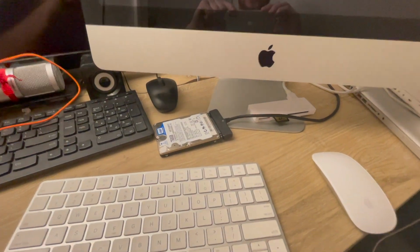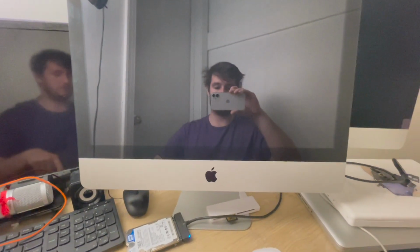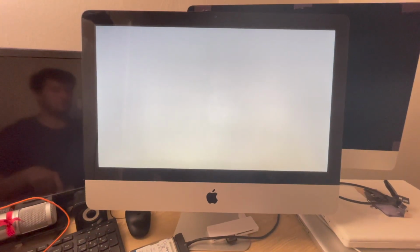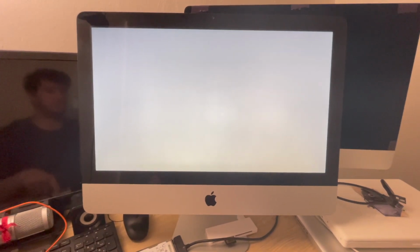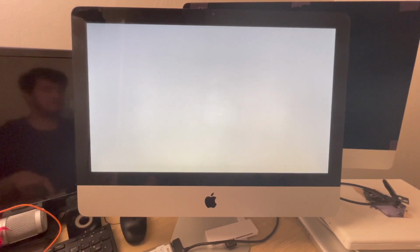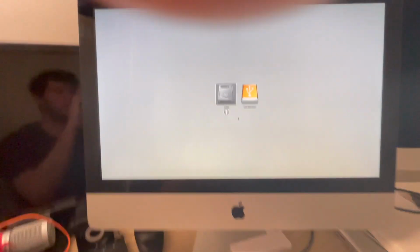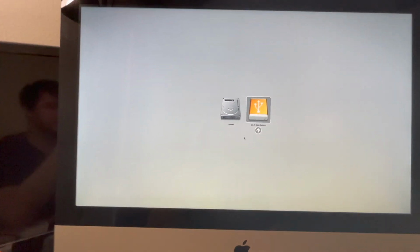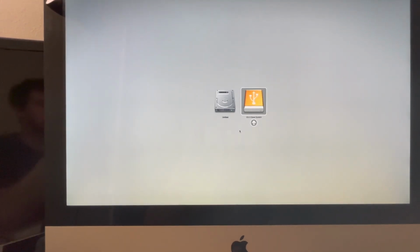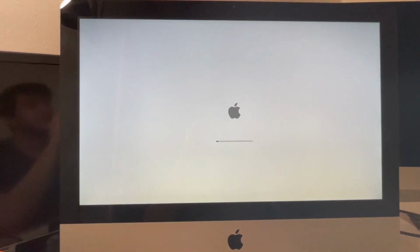Okay, so we've got the actual spinning rust hard drive plugged into the back of this iMac here. We're going to turn it on and see if we don't get a different result. Oh, white screen this time because of an error. Ooh, gotta love that. Okay, we're getting to the boot picker. And we do indeed have success. We can get into the macOS Base System, which is the USB installer,